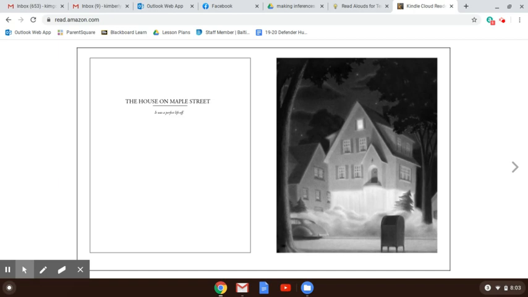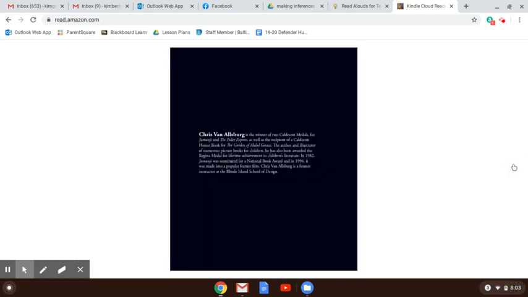The house on Maple Street. It was a perfect liftoff. What can you infer is going on in this illustration? And that is the last illustration of this text. I hope you guys enjoyed using your imaginations and inferring what those stories were supposed to be about in the mystery